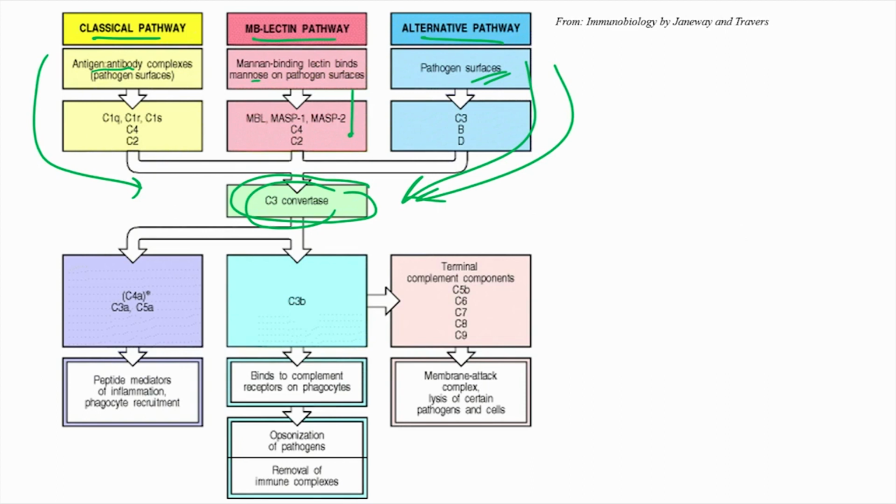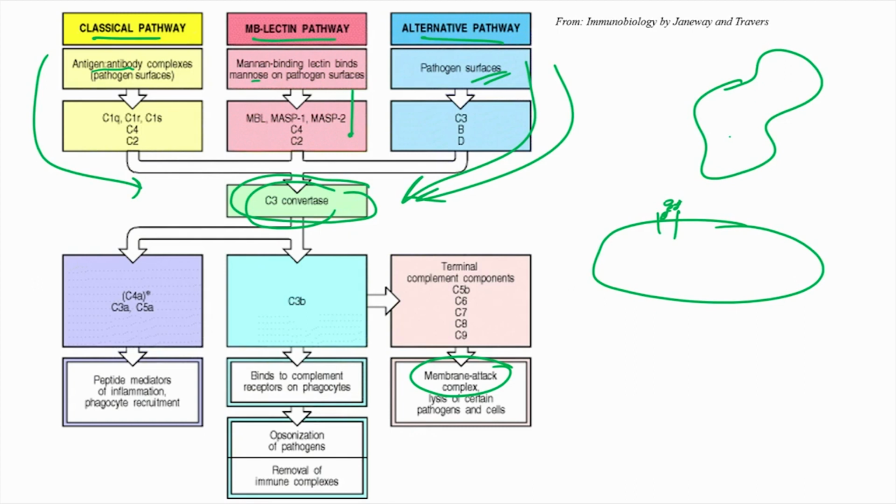Once you get to the C3 convertase, it can then trifurcate into different things. You can have the membrane attack complex. So, let us say this is a bacterial cell, and the complement pathway has identified it. It forms a series of proteins on the surface, more and more proteins are coming in, and eventually it is going to poke a hole into this bacteria, basically killing it. You can have these complement proteins, once they bind it, there are other immune cells that have